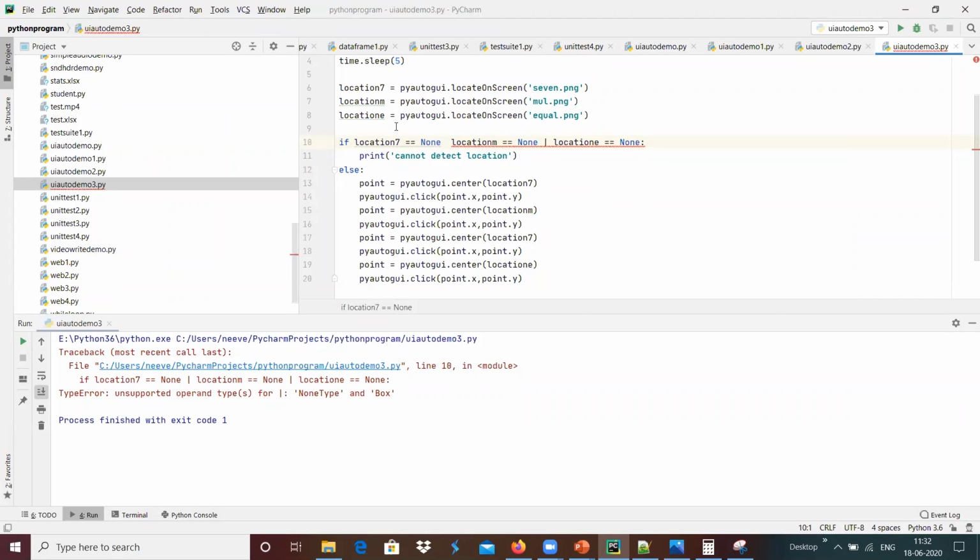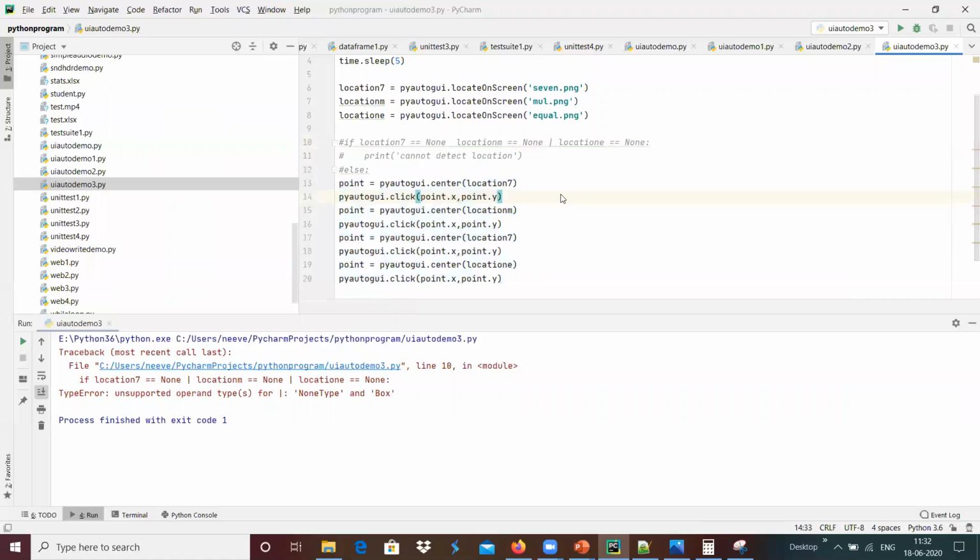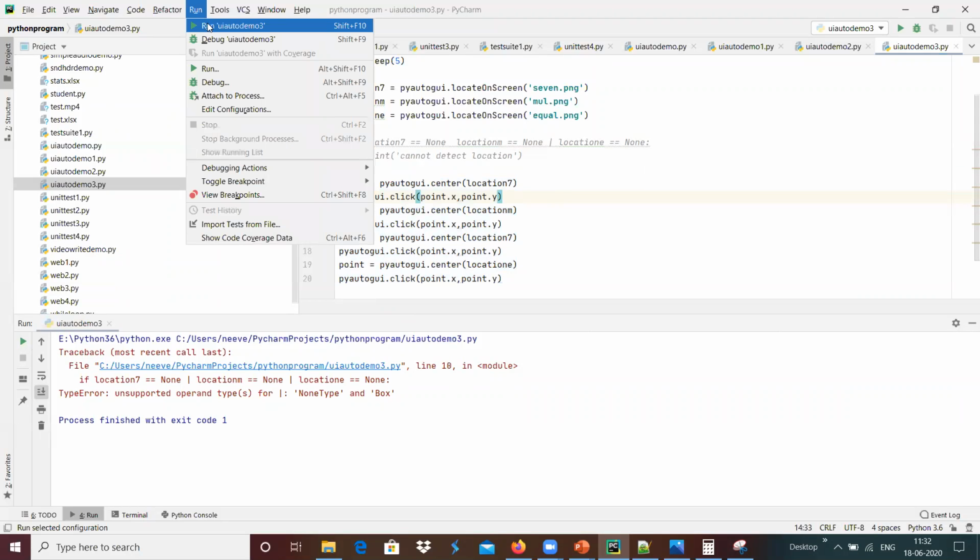Maybe I'm going to assume that we will all get the values over here, and I'm going to use this directly. We will check if there are any errors over here.